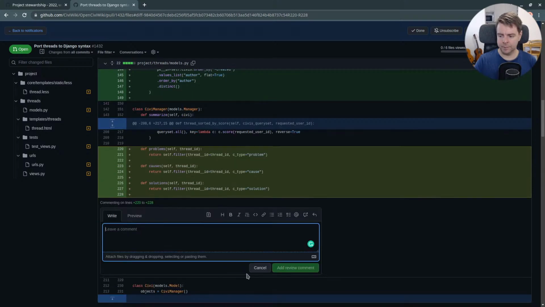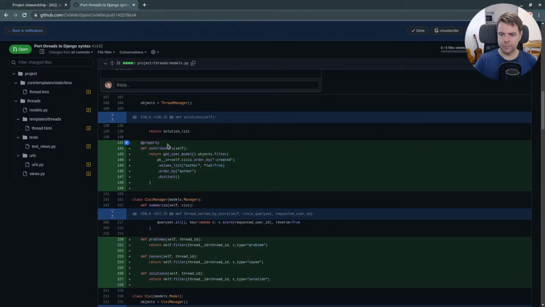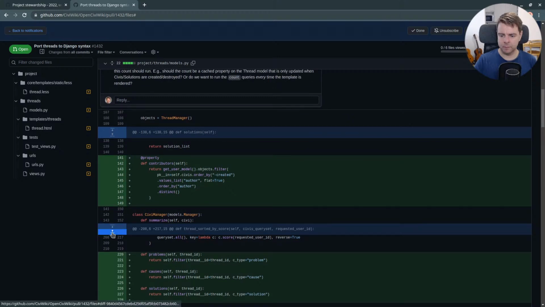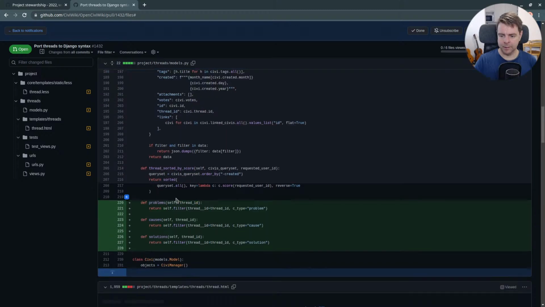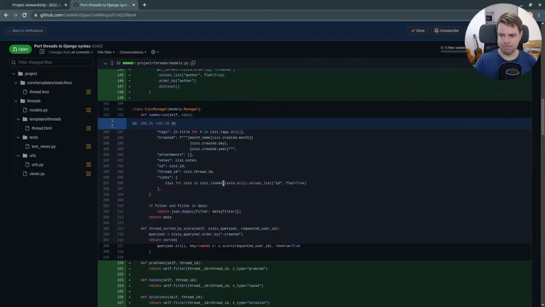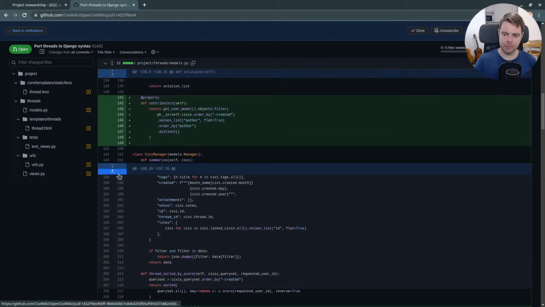Let me see here, actually. So we've got this Civet Manager. Pretty heavy.